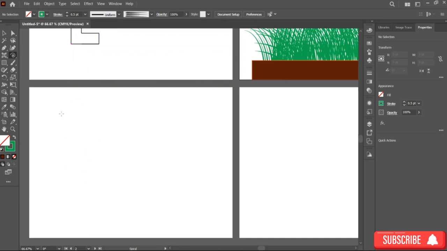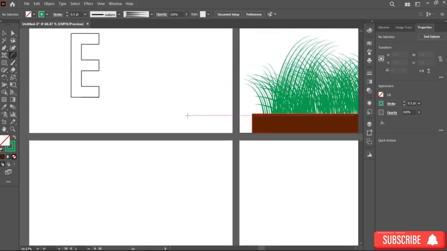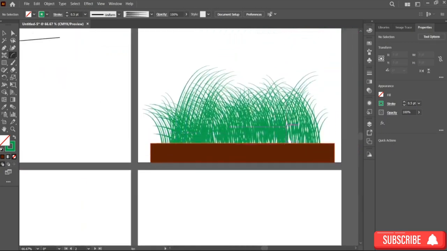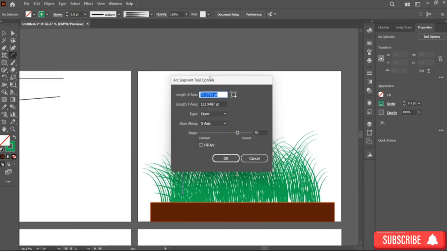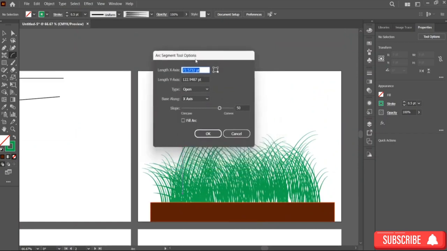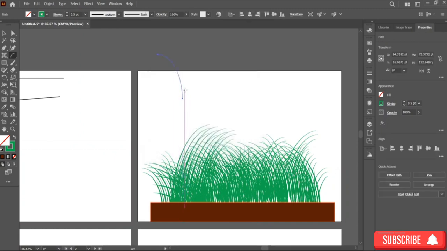All right. So before I start the arc tool, I'll go over here and explain a few uses of the arc tool. When you click on the artboard, you'll see the arc tool options come up, and here we can select the length between the X and Y axis, and we can select it either to be open or closed. First let me show you what the open looks like, and here you can see this is what it looks like. All right, let's put a deeper stroke. Now this is our open